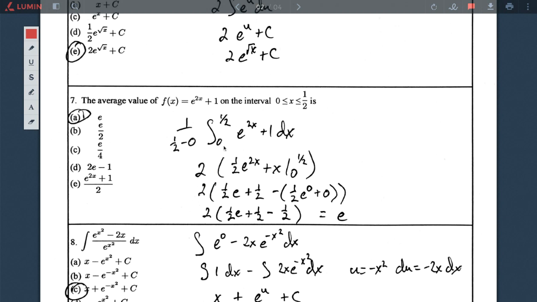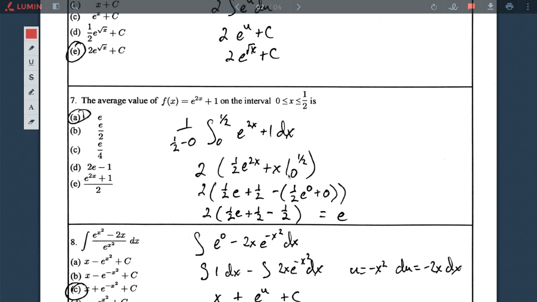I've got my integral from 0 to 1/2, and then I've got my function inside. If I integrate e to the 2x, we should be able to do that in our head without using u, and get 1/2 e to the 2x. Integrate 1, I get x, and then we need to plug in 1/2 and 0. So if I plug in 1/2, 2 times 1/2 gives me 1. So I just have 1/2 times e, and then 1/2 plug in for x just gives me 1/2, and then